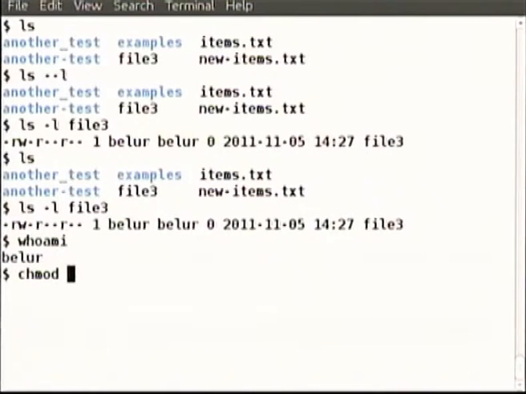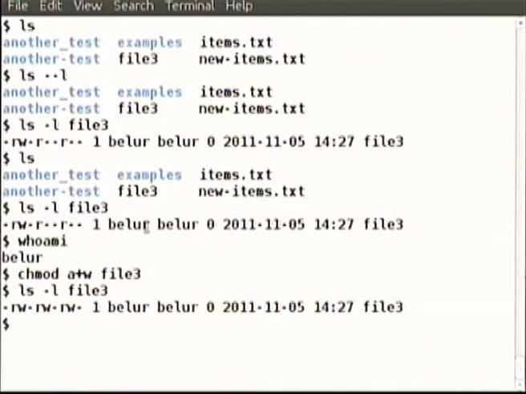Change mode. We want to give, let us say, to all, we want to add the permission write, of which file? File 3. So it appears like it has not complained, we have given this particular command, it has executed. Let us see whether the permissions have indeed been given or not. Yeah, so it seems to have given.